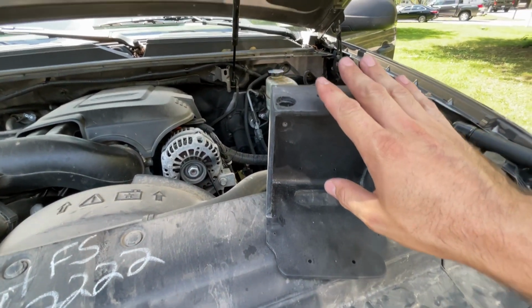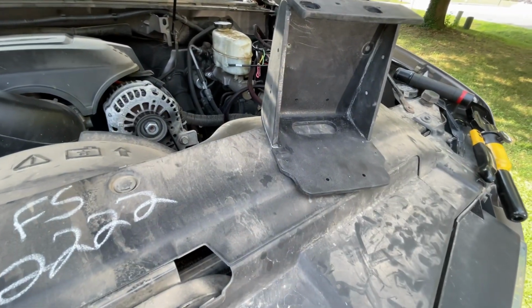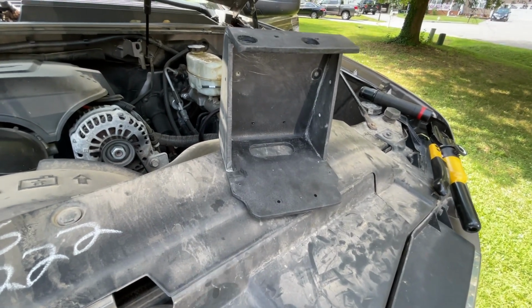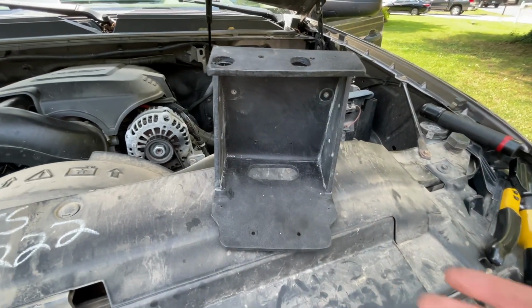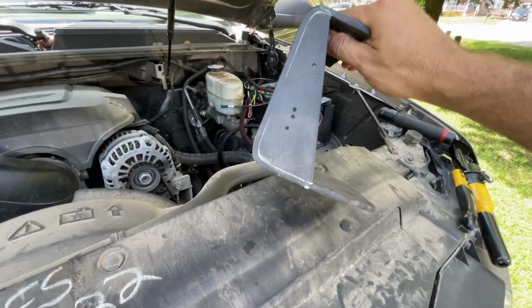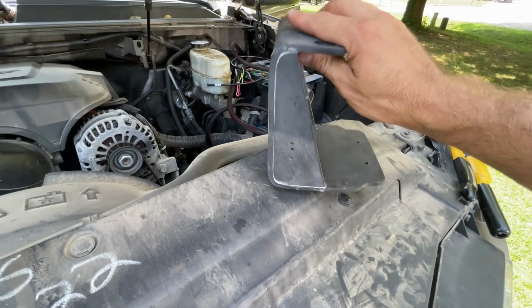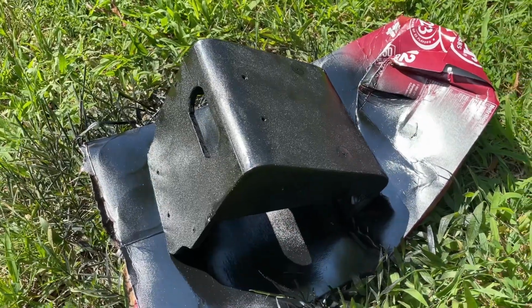This is going to be supported up at the top of the firewall. I'm pretty sure I'm going to have to put a bracket down here to support the bottom, because that NOCO battery charger is pretty heavy, and if this vehicle is going to see off-road use and corrugations and things of that nature, it'll shake itself apart pretty quickly. So we want to make sure that we support it wherever we can. But right now I've got a rough sanding done to it, and all I need to do now is do a finish sand to it and then paint it up, and I should be ready to mount all the